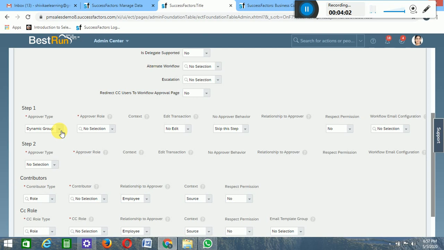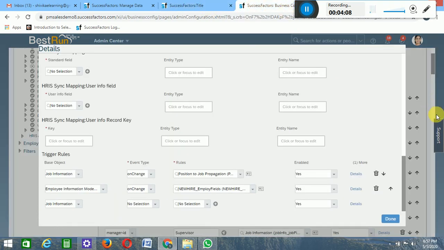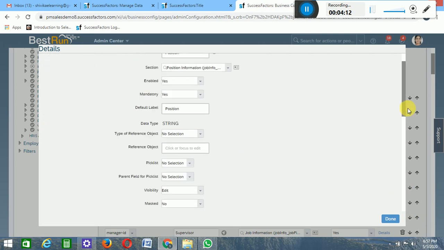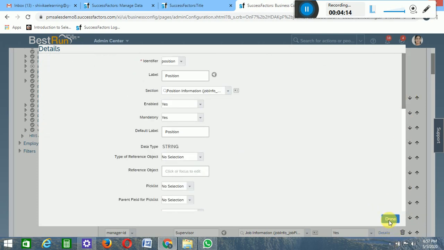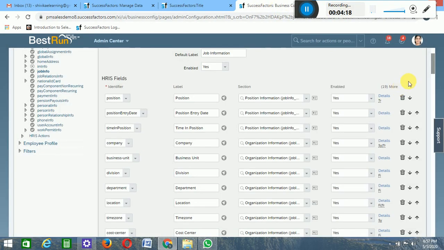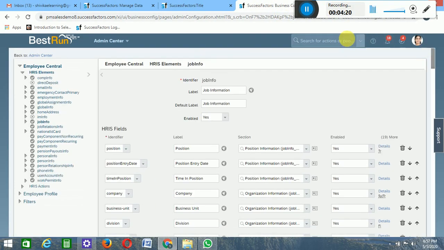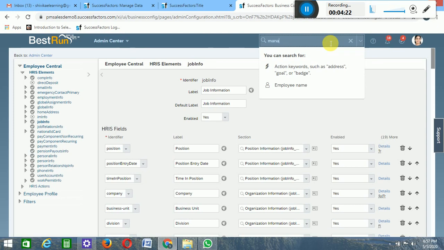should approve this workflow. Okay, for that we need to go to another transaction called manage workflow groups.